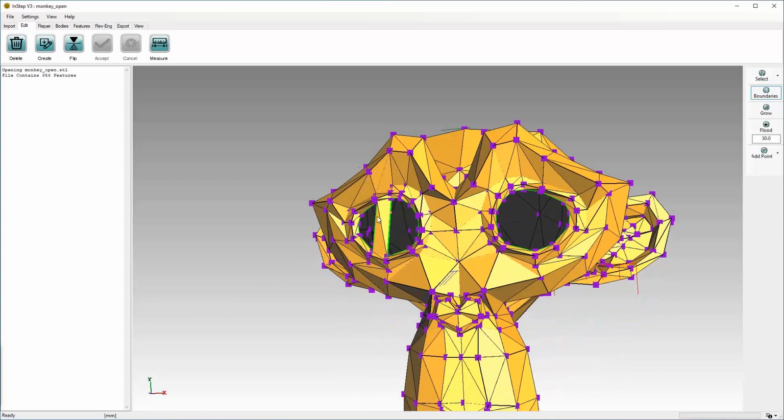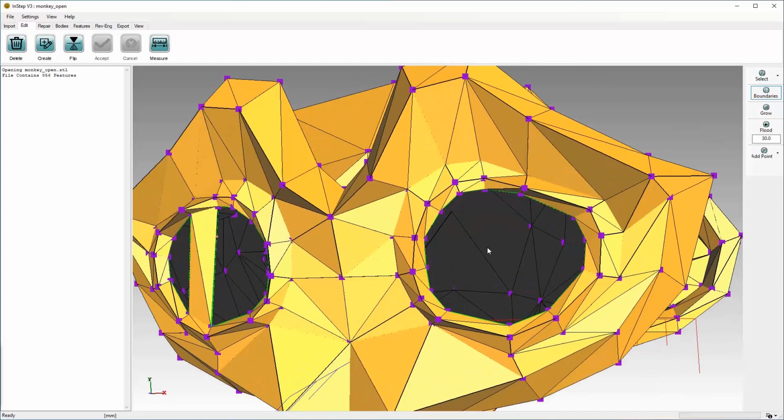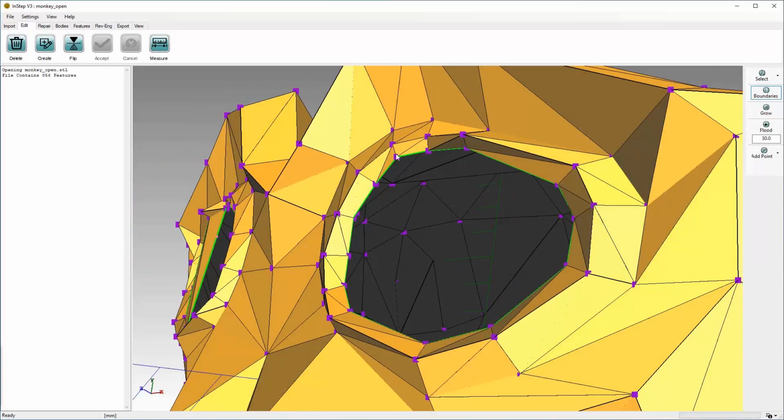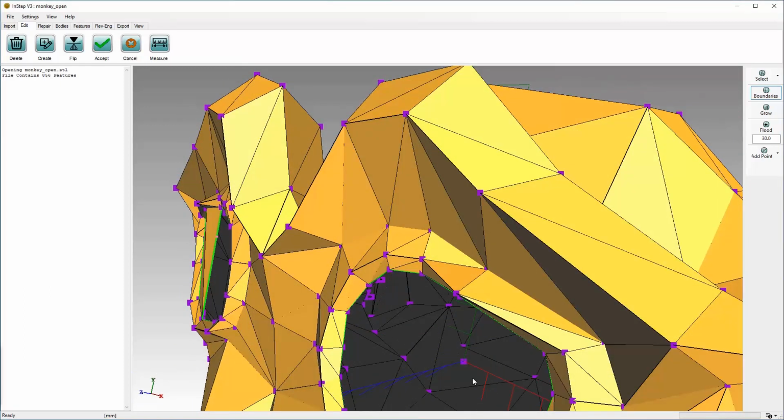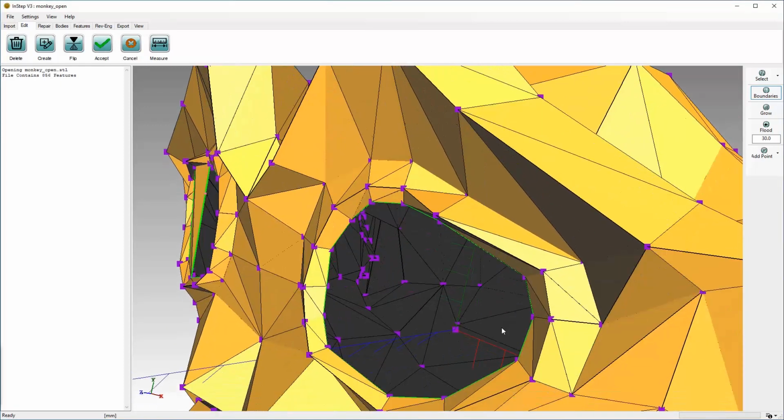If we need to insert a point so that we can create a triangle based on a point that doesn't exist, we have a few options here. We can either directly pick from coordinates, in which case we can enter a point coordinate and it'll create that point. In this case I just selected 0, that creates that point there.